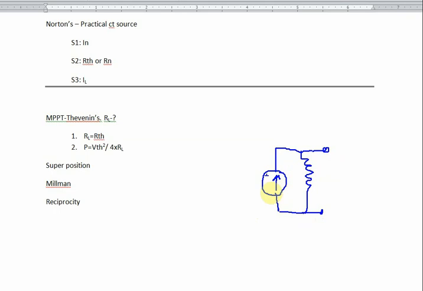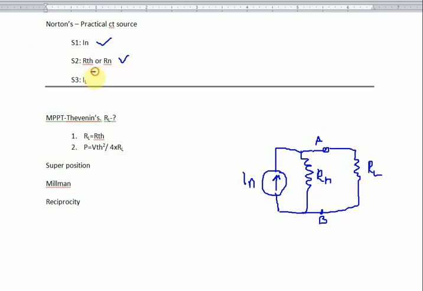Then what is the value for this current source? That is step number 1: IN you found, substitute the IN. What is this resistance? That is step 2. Step 2 you found, that RTH, or you can give the name RN, whatever it may be. So that is the value. From the given problem, you have the load resistance, and the load resistance is connected across this point, maybe you can name it point A, point B. So across A, B you will connect the load resistance, your RL. Here you will write the RL.